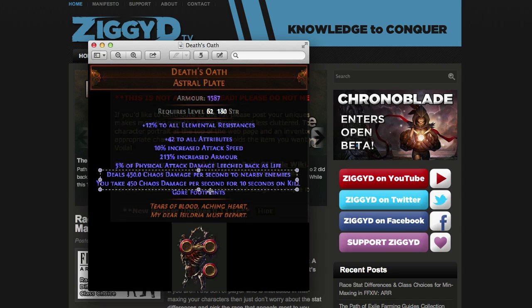Now that is very powerful if you're on melee. It's 450 per second free DPS. 450 chaos damage free to enemies. Some enemies are chaos resistant, but those typically have very low life, so it's going to do quite a bit of damage to everything. And then the counterbalance to this is that you take 450 chaos damage per second for